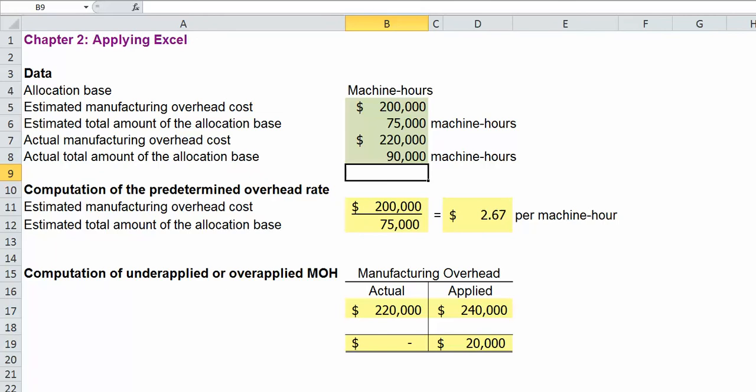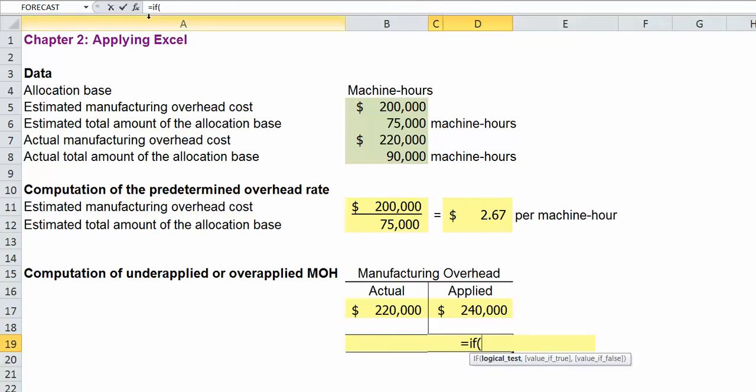I would like you to incorporate an if statement so that the overhead will show up in the proper column as being over applied or under applied overhead. To do an if statement, we can start off by typing equals if parenthesis, and at any point in time, if you don't know the form of the statement, you can click on the FX button up top, which is